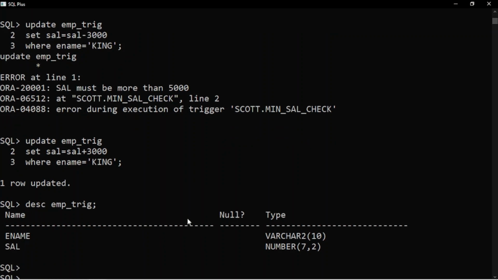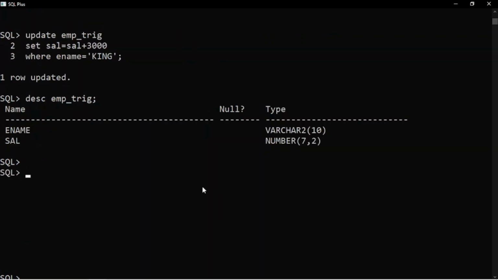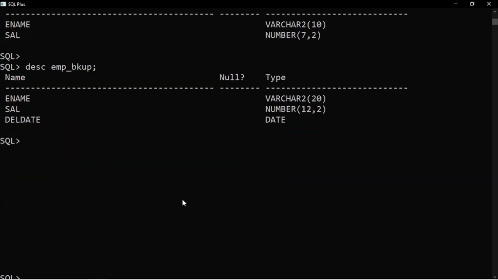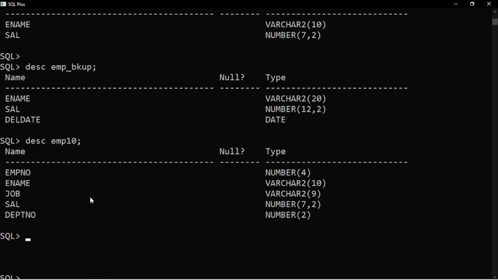Next table was EMP backup, so DESC EMP_BKUP. This was the second table definition. Now let's see the third table which was used in trigger, that is DESC EMP10. This was the third table which I have used for creating triggers, right?